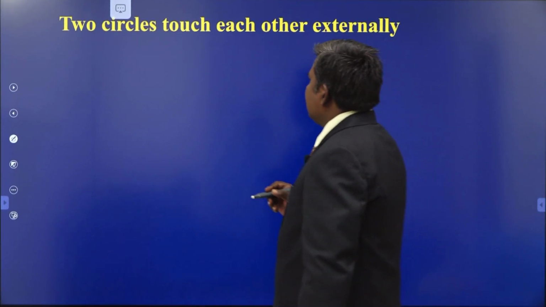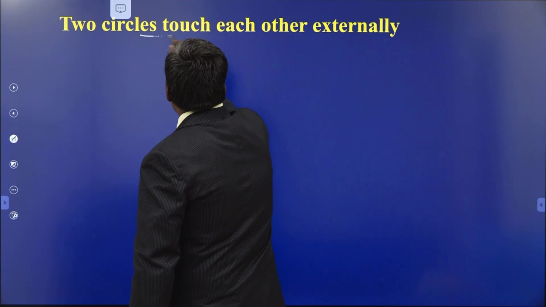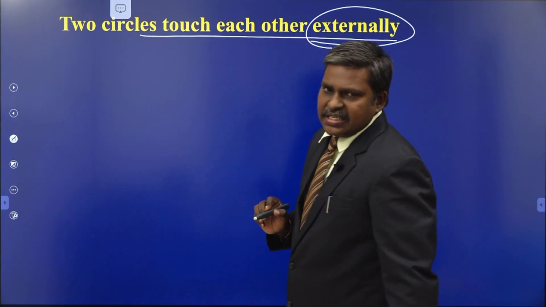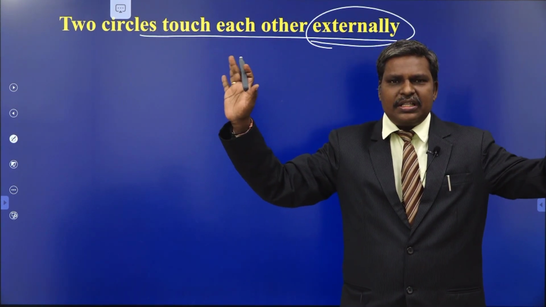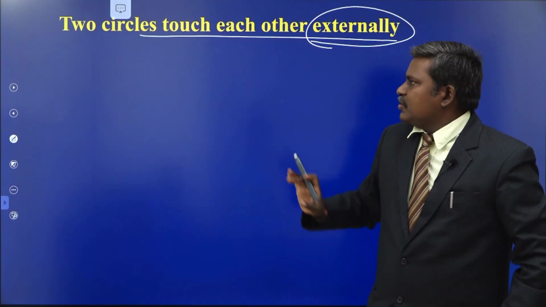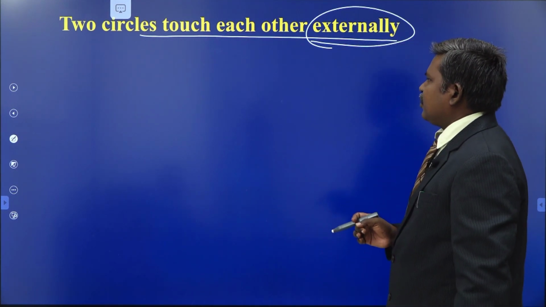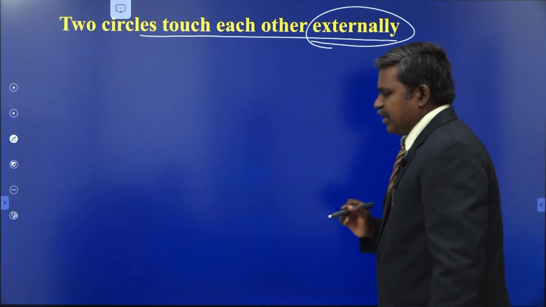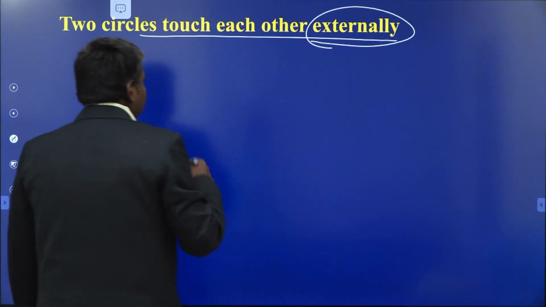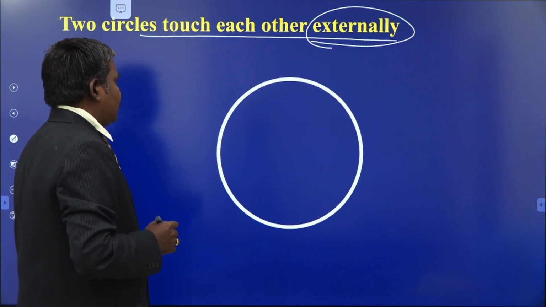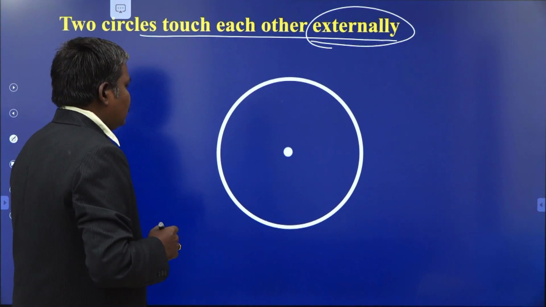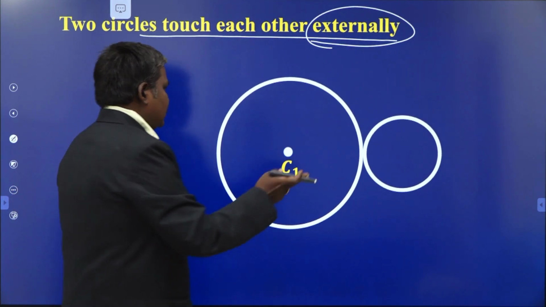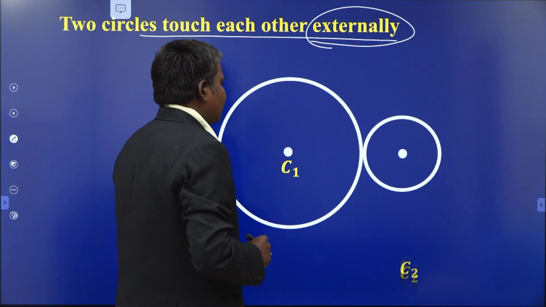This is the second case. Two circles touch each other externally. This is a very, very important case. The previous case is two circles completely outside each other. After some time they touch each other. So the relative position of the two circles is that they touch each other externally here. See here, the corresponding diagram will be like this. This is one of the two circles. This is the center of the circle, C1. This is the other circle, touching the first circle externally, its center is at C2.